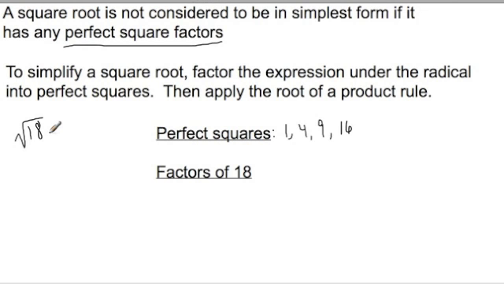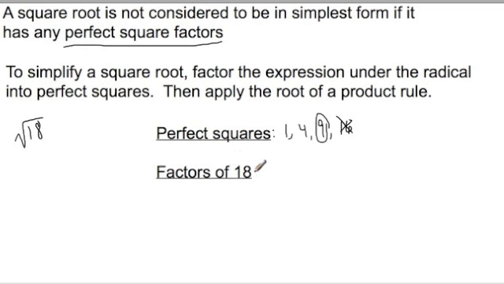factor of 18. Notice it takes two requirements. We need both a perfect square and a factor of 18. Here we've only listed the perfect squares. We want to find the largest perfect square factor of 18 possible. 16 is not a factor of 18. 9, however, is a factor of 18. So I want to factor 18 into 9 times 2. Now, from here we could continue, but first I want to show you how we could have done this in